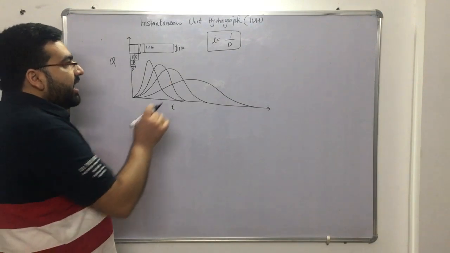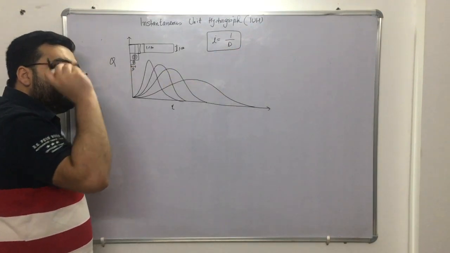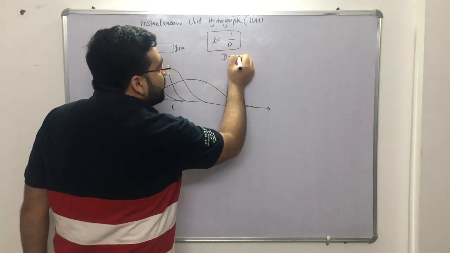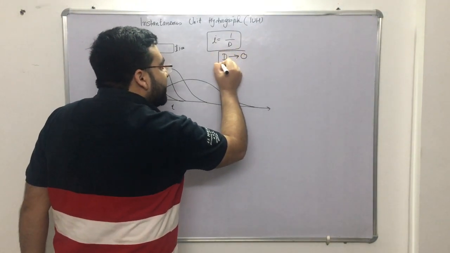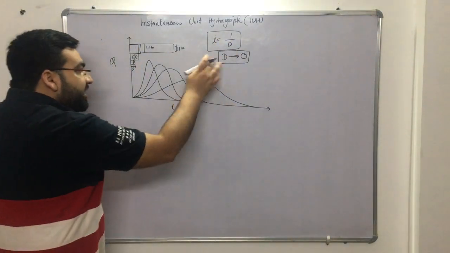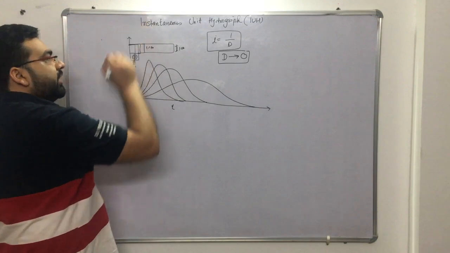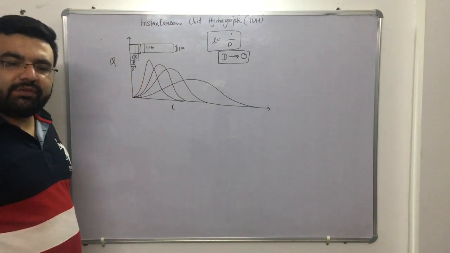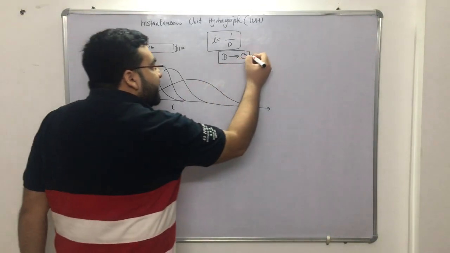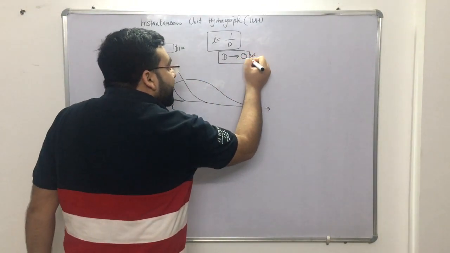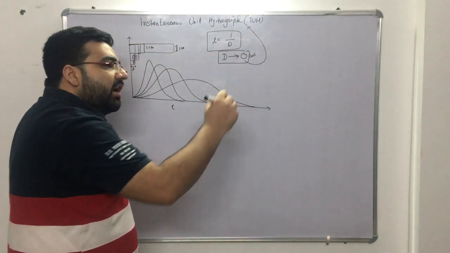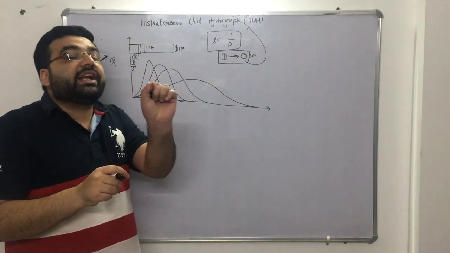Now the thing is that if this D becomes very small, that is, if this D tends to 0, then what will happen? Obviously, if this D tends to 0, it will be a very skewed graph, which I cannot even draw. It will be a very skewed graph. Clear? Okay. Now for this, when D tends to 0, this situation is known as the instantaneous unit hydrograph, means at a particular interval of time.